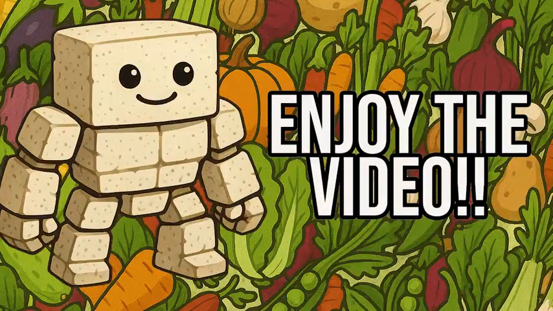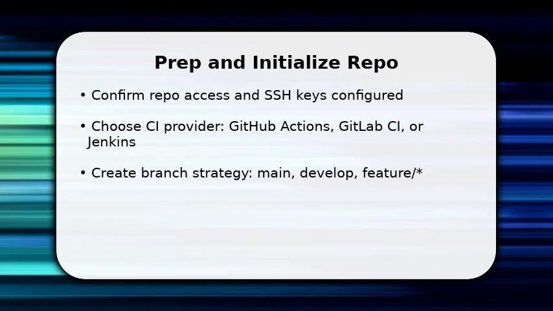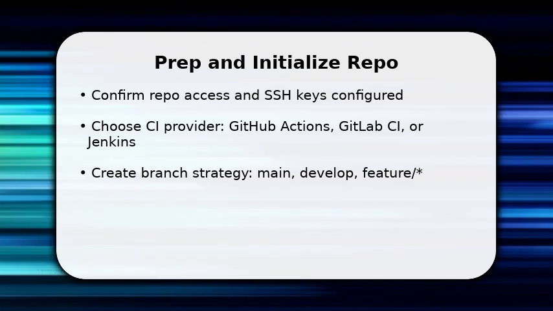Please enjoy the video. You start by ensuring your repository and credentials are ready. Configure SSH keys and personal access tokens so automation can run without prompts. Once done, pick a CI provider that matches team skill and hosting needs, then create a simple pipeline file in